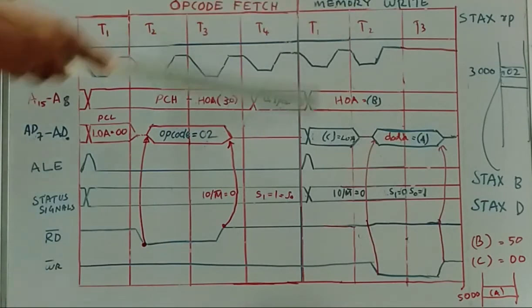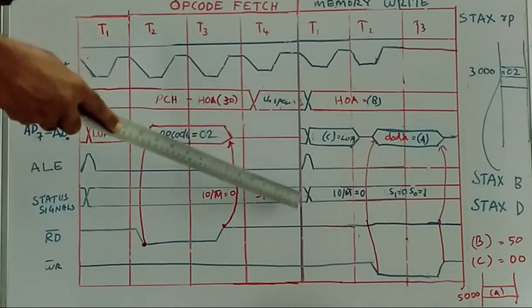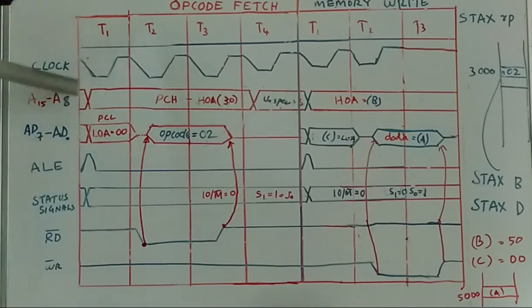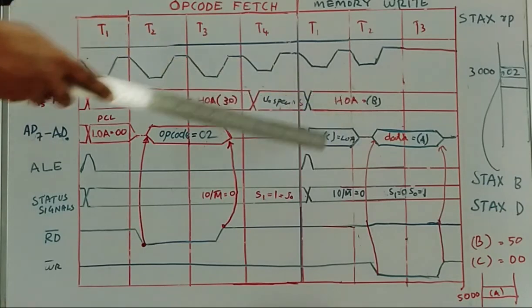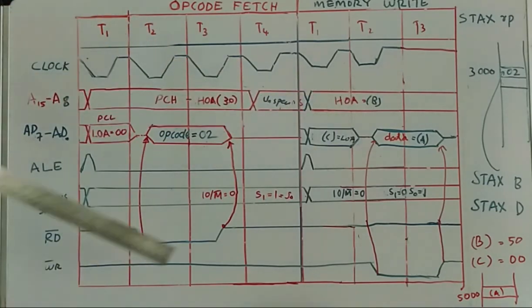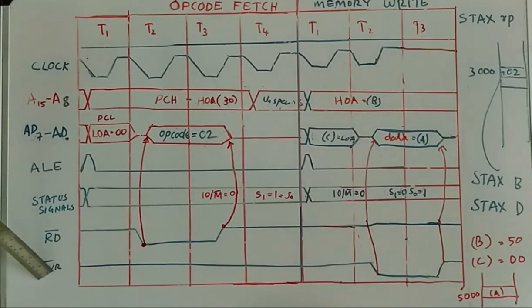So coming to the memory write machine cycle, here you need to note this transition from one machine cycle to another machine cycle. Now the address to be loaded on the address bus is the content of the BC register pair. That is, the higher order address is obtained from the higher order register and the low order address is obtained from the low order register of the specified register pair. The content of the accumulator is then stored into the addressed memory location, that is the content of the BC register pair. For that, we need to use the WR bar signal.